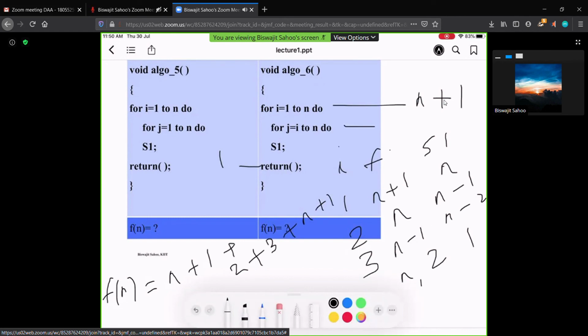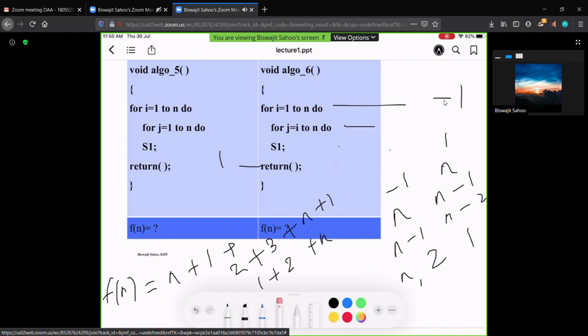Then the last loop, if it starts from 2 to n plus 1, the S1 statement will start from 1 to n. 1 to n. 1 to n. Yes. Is it understood? Yes or no? Yes. If you have understood this,